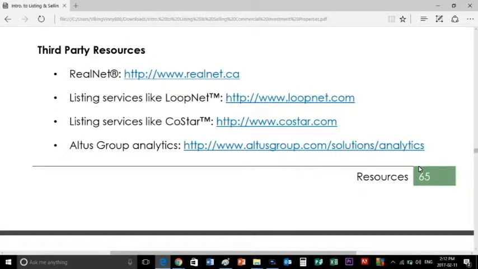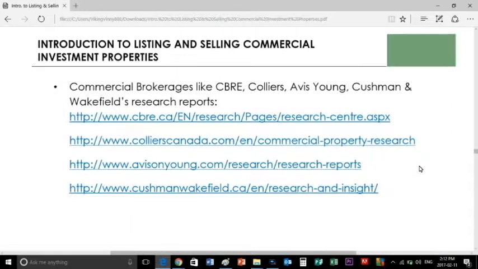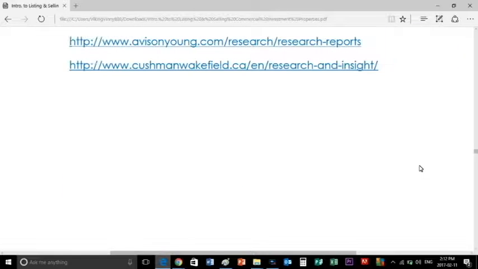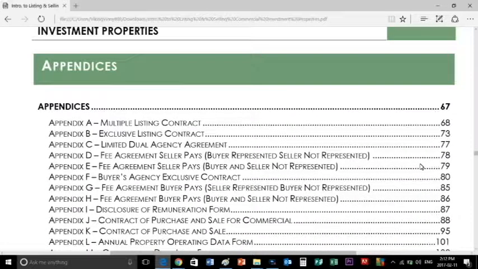And we have 3 third-party resources, RealNet, listing services like LoopNet and CoStar, and we have the Altus Group Analytics. Commercial brokerages like CBRE, Colliers, Avison Young, Cushman and Wakefield's Research Reports. And then we have